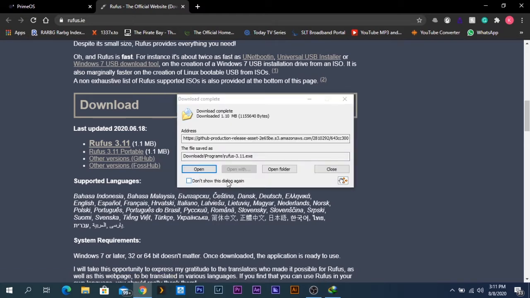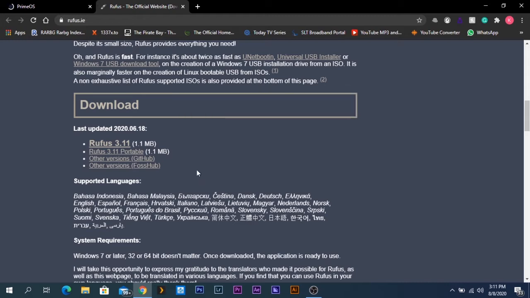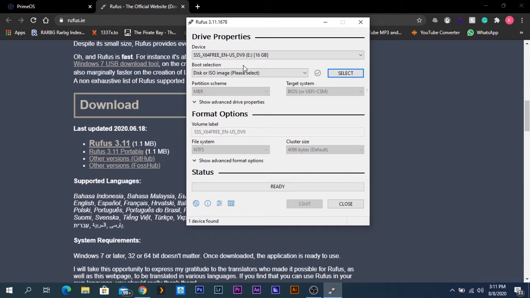After the application is downloaded and after the operating system is downloaded, open the application, which is our Rufus application, first. And select your boot drive. My USB drive is this one. I'm going to select this and